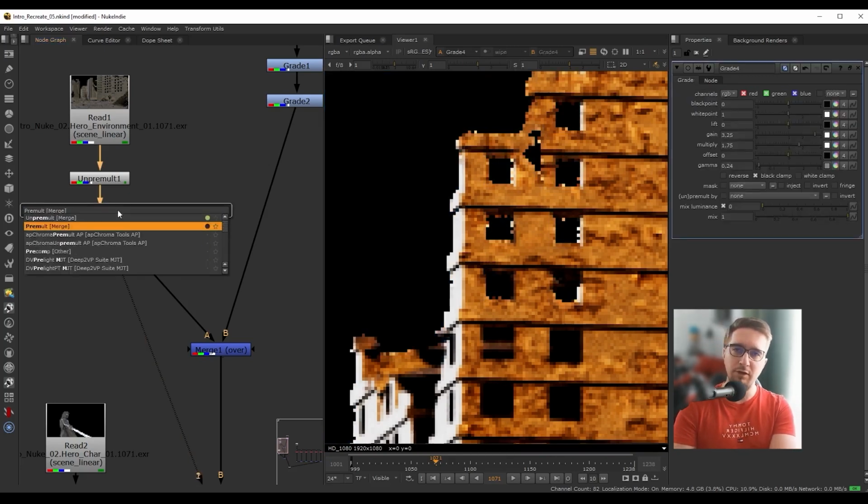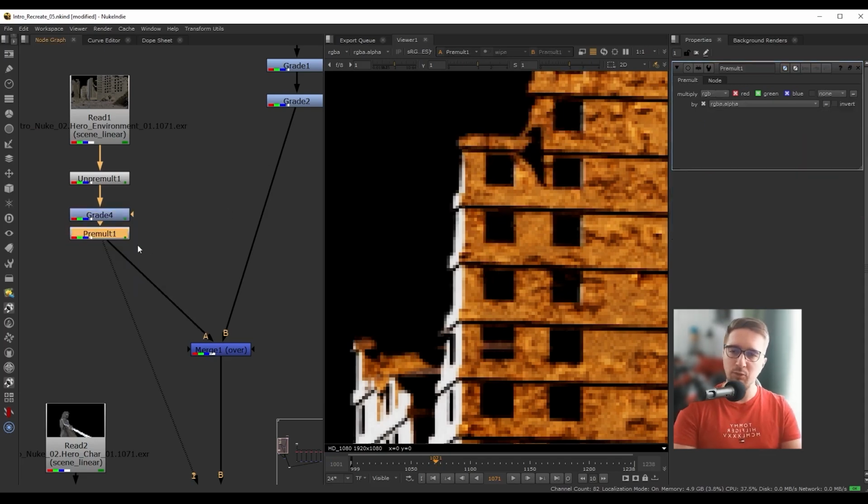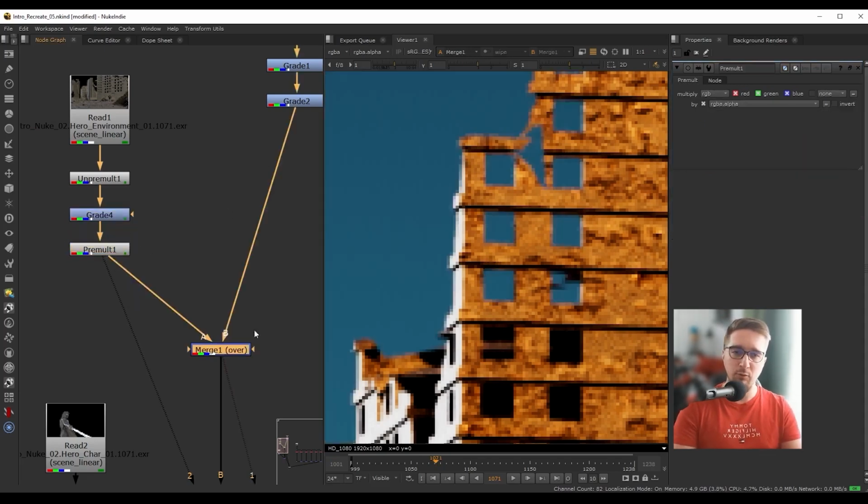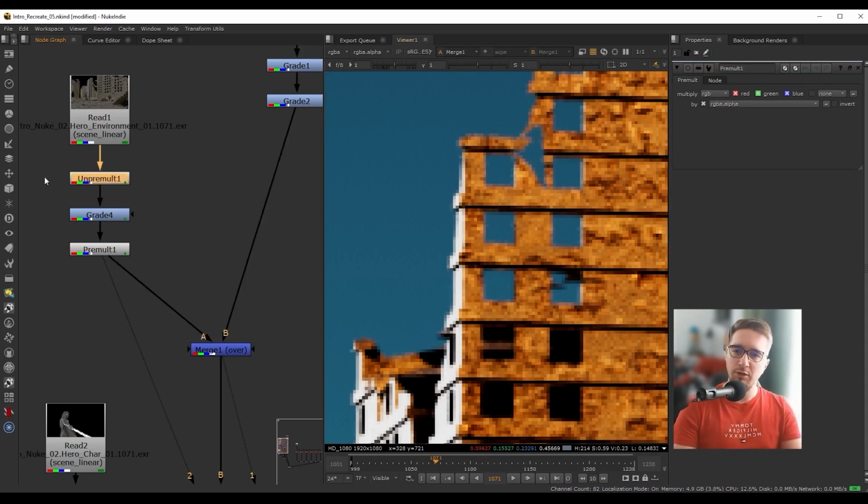So this will do the reverse of what the unpremult does. So when we add our premult, now we will get our edges back, and as a result, we can see we have that very thin smooth ramp on our edges. So if I were to grab the unpremult and the premult with shift, we can disable both of these layers,